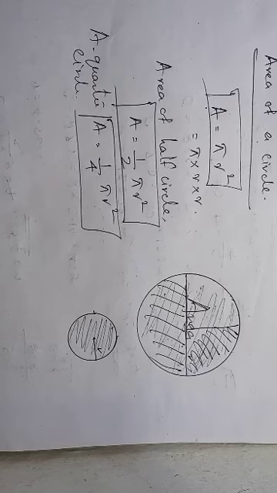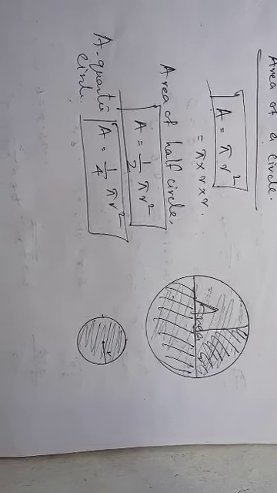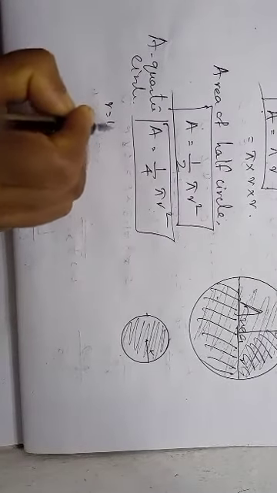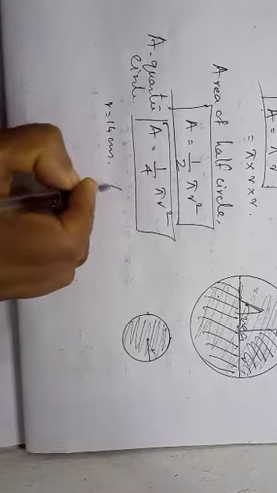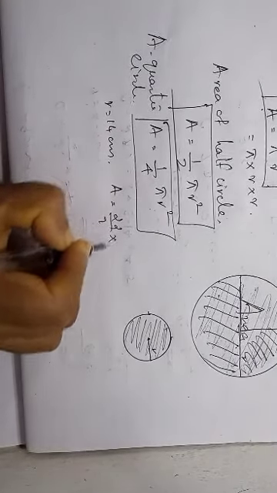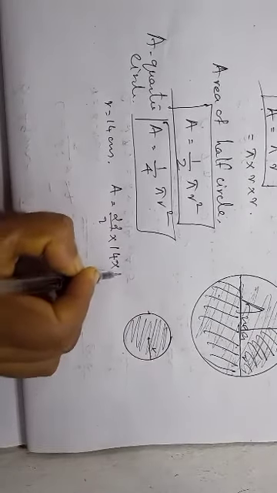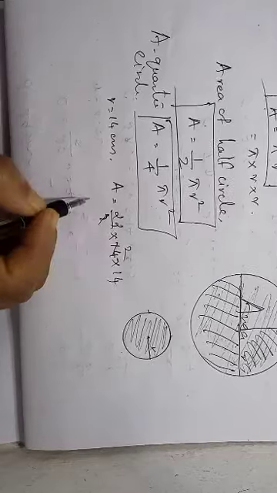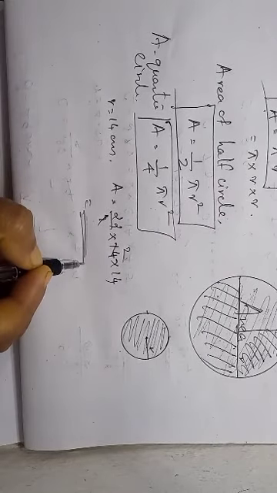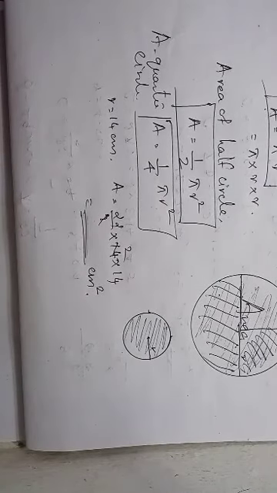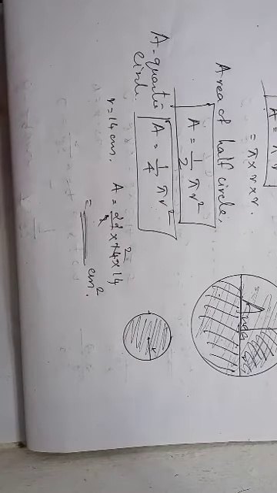Then here some questions are there. Directly a radius is given, 14 centimeter. How to find the area? Area is equal to pi, 22/7, into r square. 14 into 14. 7 twos are 14. Then multiply all these numbers. Area is always in square units, so centimeter square. Always area in square unit only.